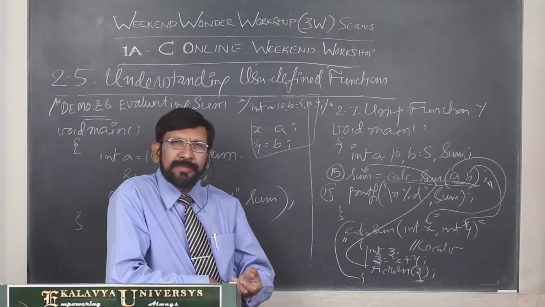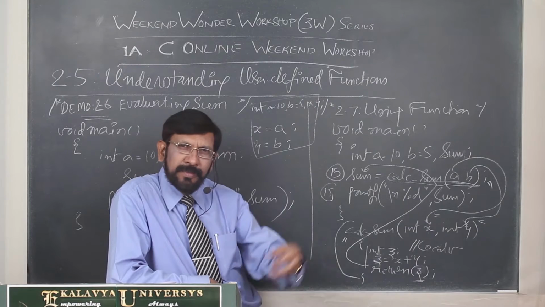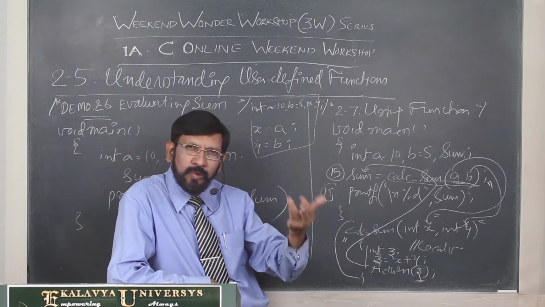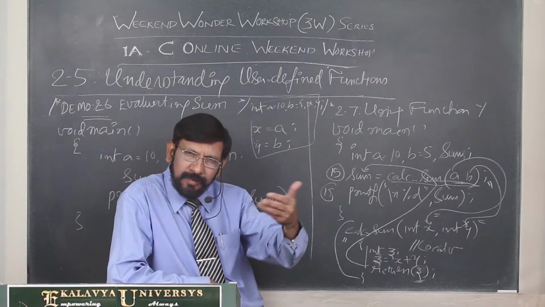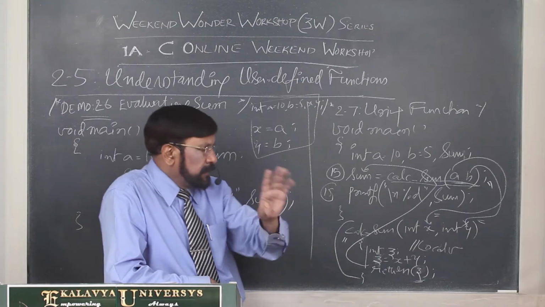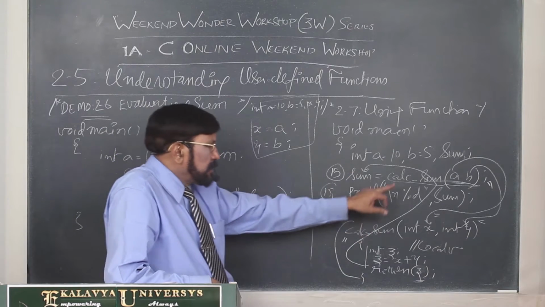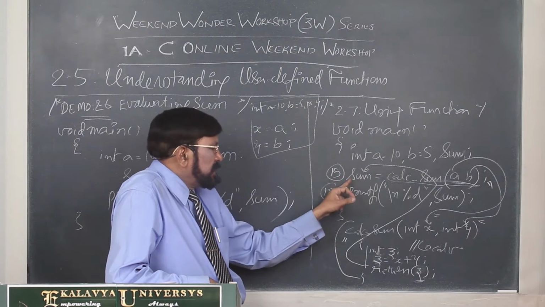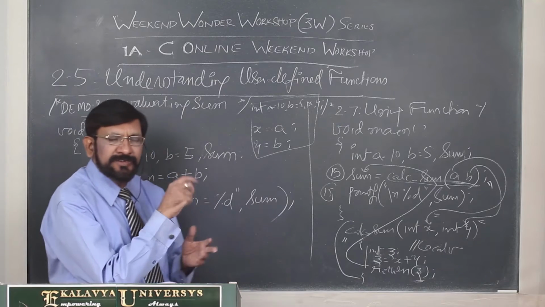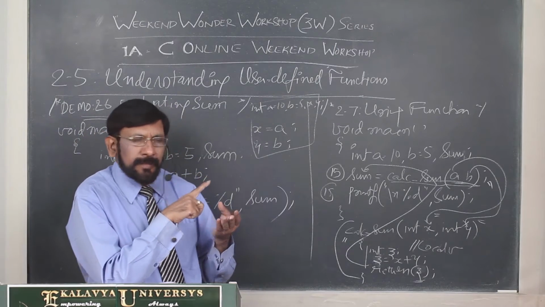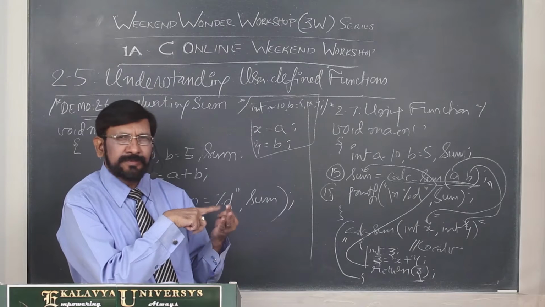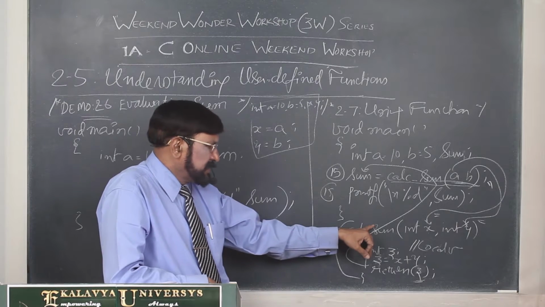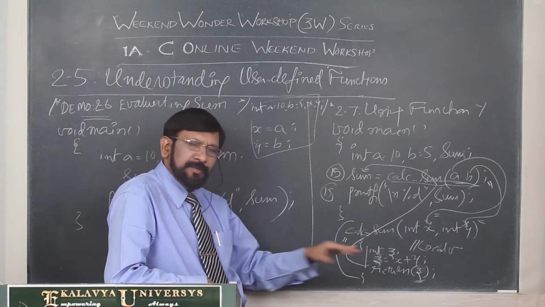To whom are you returning? To the caller. Actually, you are running a flour mill. Somebody gives grain like this. Then to whom do you return the flour? Who is the giver? You return it to that person. Here, who called calculate sum? Main. So you return to main. In turn that value is stored here. So you understand the terminologies: caller function, callee function, actual arguments, function call, function definition, function header, local variable, return value.